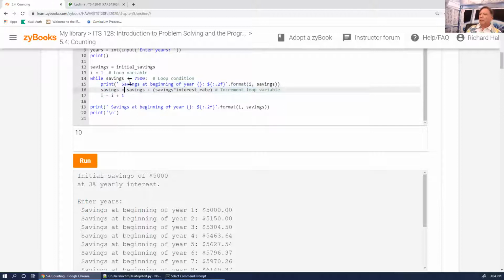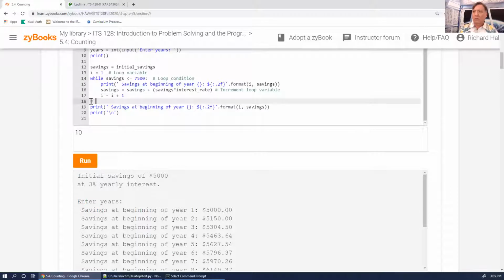Once this makes savings go greater than 7,500, then this fails. So then it exits the while loop, and we have savings, and at this point,